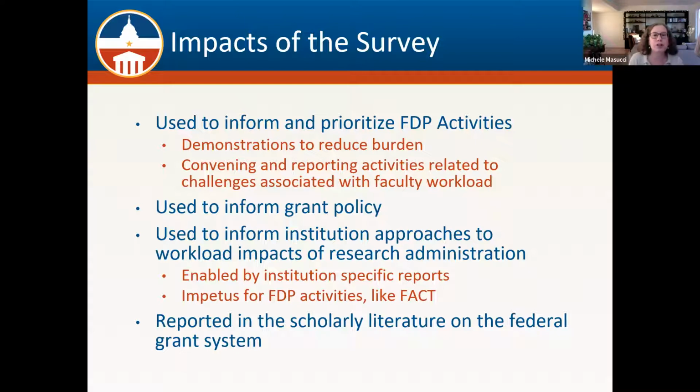And so when you think about demonstrations that are stood up, they're often stood up in direct relationship to the survey. So for instance, the IRB Wizard demonstration that we did a few years ago and that concluded, I guess, 2 years ago, was directly to try to deal with some of the administrative burden that's associated with our compliance programs. We often use the survey as a point of departure, or I will say an impetus for moving in some areas of interest, such as the convening activities that we do, or a while ago, we had written